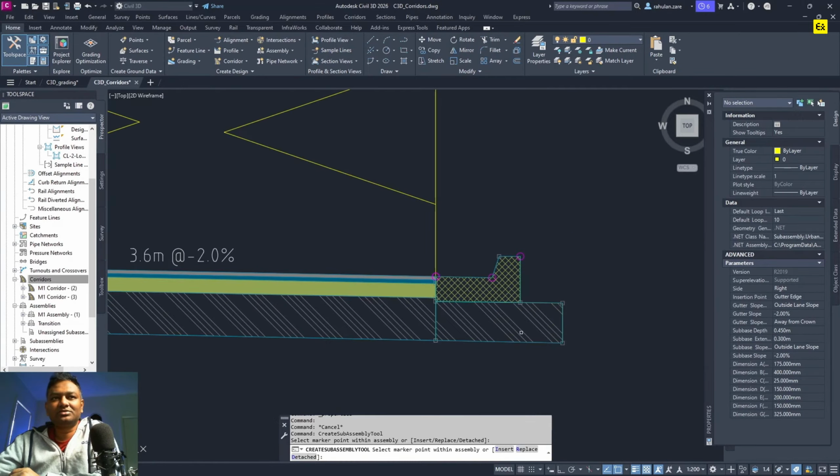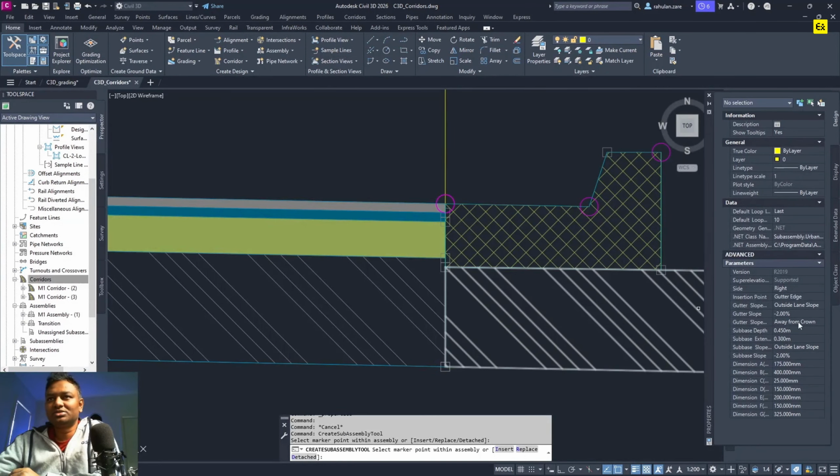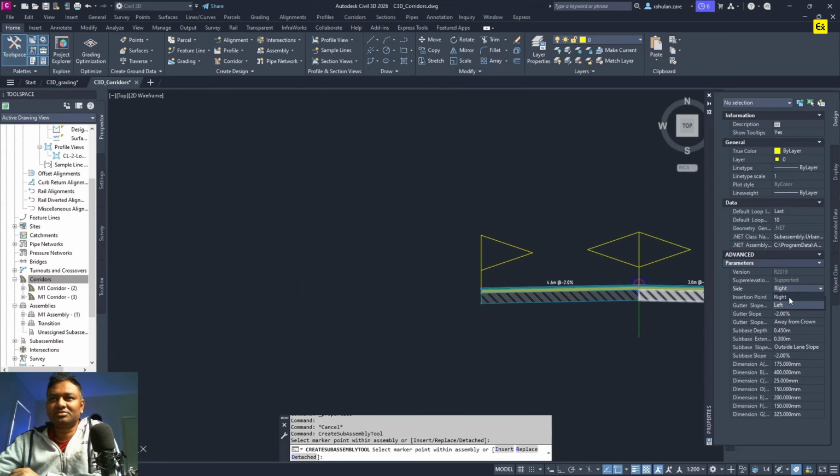So now it is in flange with the lane, and you can see it automatically aligns with the surface. Now if you want to change the thickness of these, you can go and change these. Now I go to the other side, change this from right to left, and then come back here,